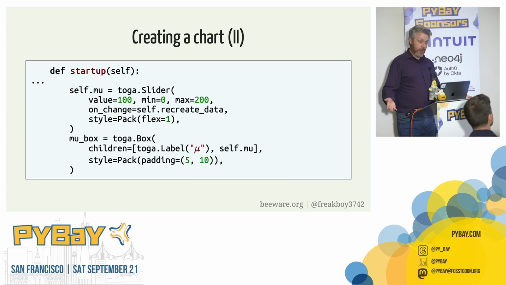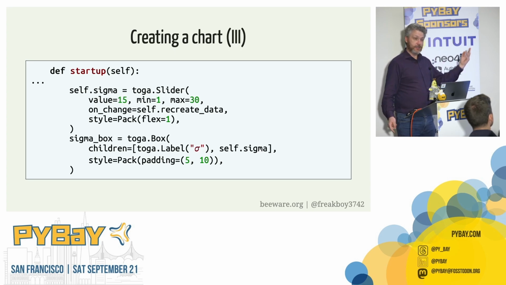We also want some sliders to control our random data. The setup here is very similar to what we had with the text input. A label, a slider, the value of the slider starts at 100, can go from 0 to 200, and every time it changes, we're going to recreate the data by calling self.recreate_data. Similarly for the second slider, same setup there. We have a slider, and a box that contains a label and the self.sigma slider. We've got some padding around it as well, and every time that slider changes, it's going to call the same